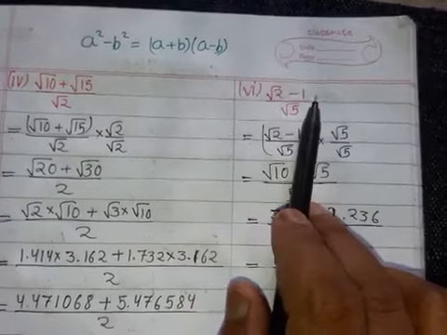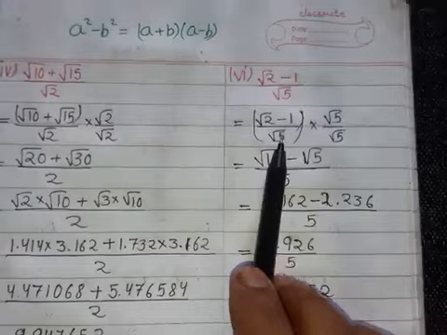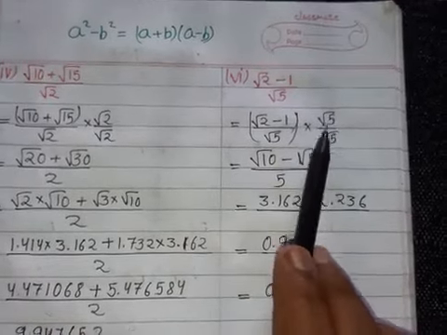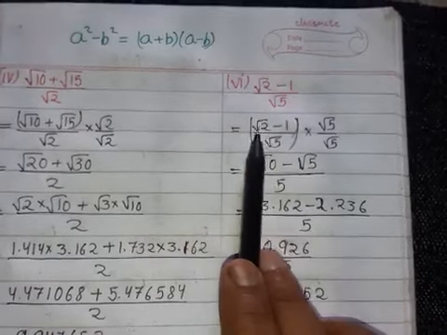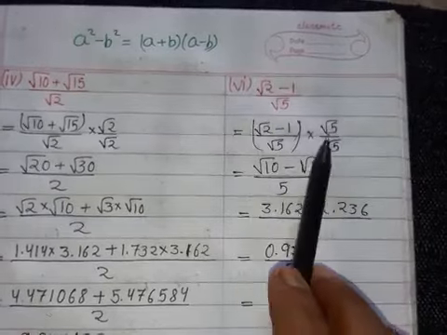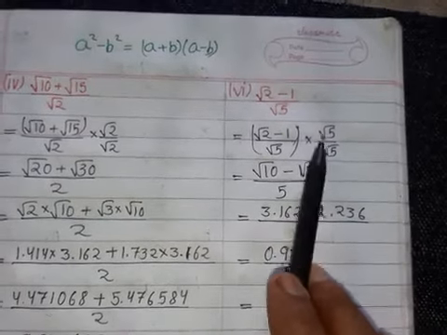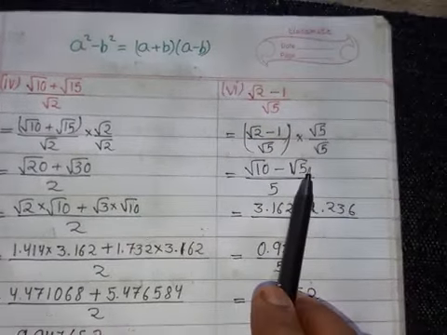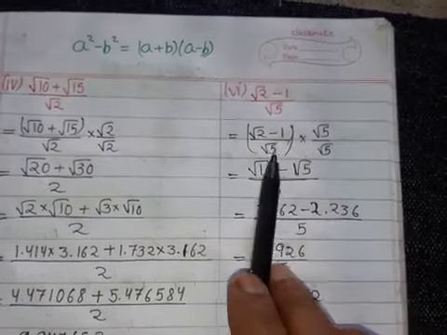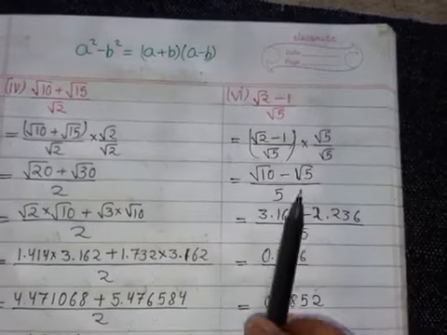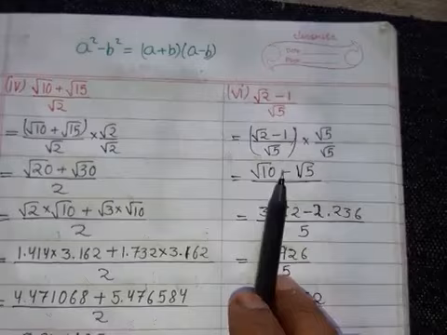Root 2 minus 1 by root 5. Okay, so at first we rationalize. So here 2 5s are 10 minus 1 into root 2 means root 5. 1 into root 5 means root 5. By root 5 cancel, and here we got